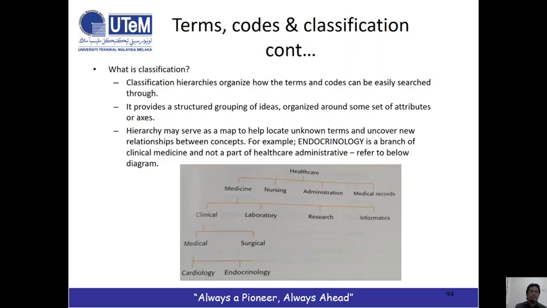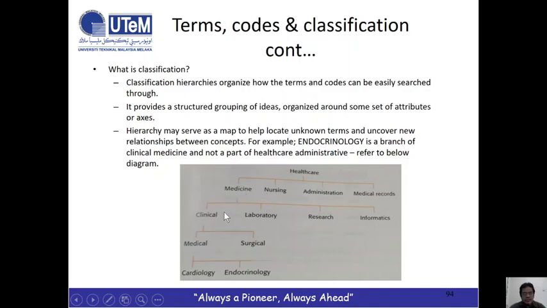It provides a structured grouping of ideas organized around some set of attributes or axes. The hierarchy may serve as a map to help locate unknown terms and uncover new relationships between concepts. For example, endocrinology is a branch of clinical medicine. So this is classification. Let's say, under medicine,